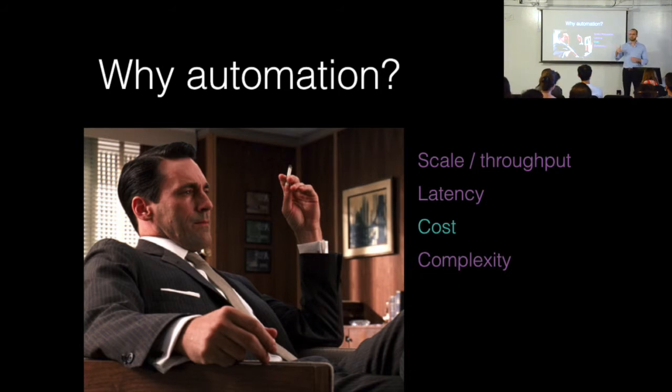Because it's a machine doing it, you can replicate that across the cluster, across the cloud, whatever you want to do. And this can actually give you a lot more evaluations per time than you could probably hire people to do. If you're going to hire that many people to do this, it's going to cost you a lot. As well as it takes time for a person to read something or to look at an image or whatever. Sometimes a person's faster than a machine, sometimes a machine's faster than a human, right?